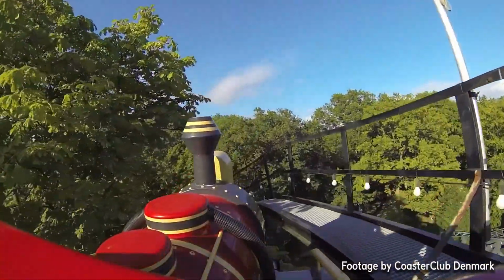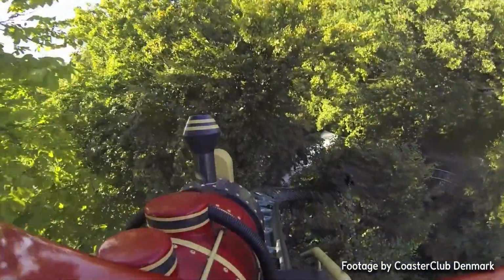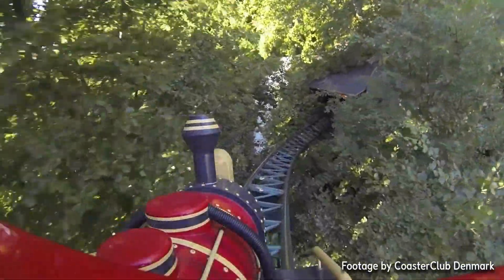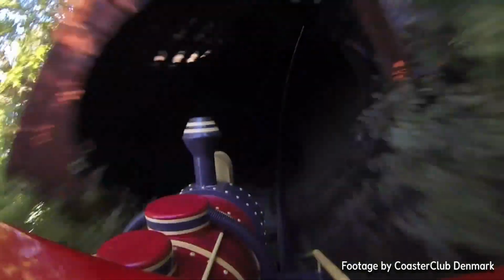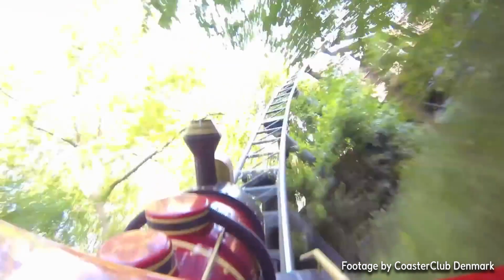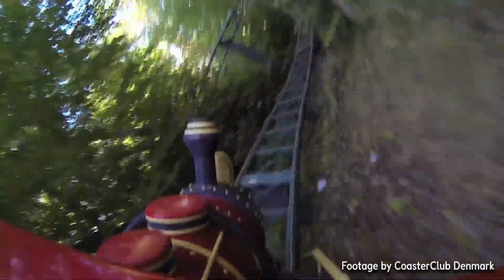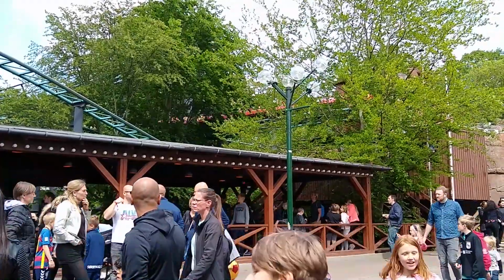It starts slightly curving before then twisting to the right, and it is very, very steep. If you sit in the back row, you're gonna get an amazing pop of lateral ejector airtime. Not to mention, you can get a pretty loose restraint on this coaster. The rest of the layout is also very good with some pretty decent forces and a fast-paced ending. I think this is the best coaster at Bakken, and it's very good at showing how a classic family coaster